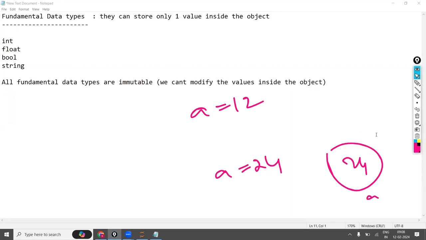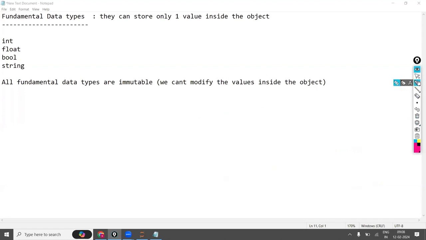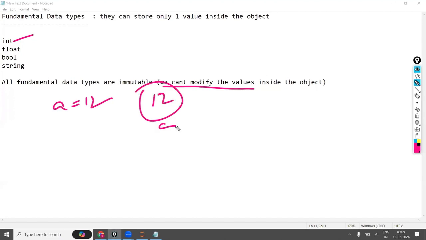Here they'll ask you the interview question in this way. You told that fundamental data types are immutable. So according to you, int is immutable, float is immutable, boolean is immutable, and string is immutable. According to you, immutable means we can't modify, right? So you told that we can't modify the values. Now let us take A is equal to 12. It has created one object A. A is equal to 24. It is creating object 24 now. So now you are going to get the 24 with A. And now if you print A,